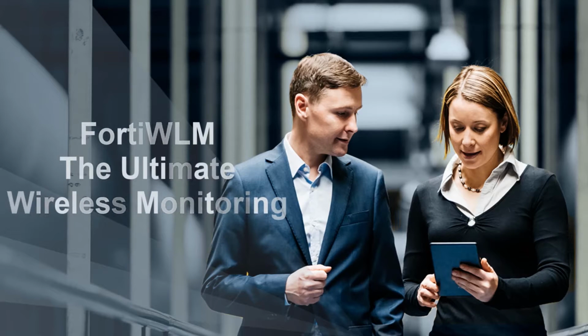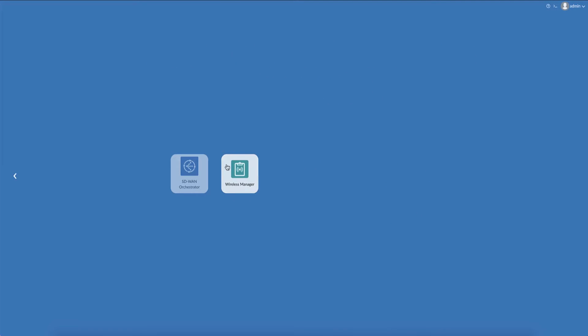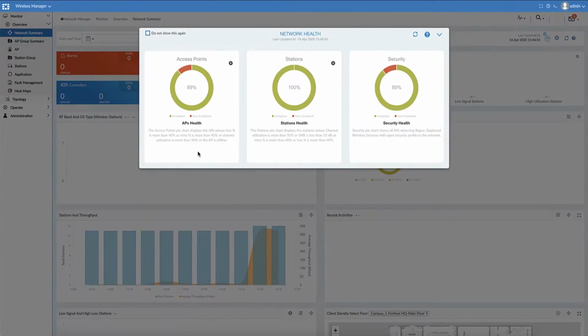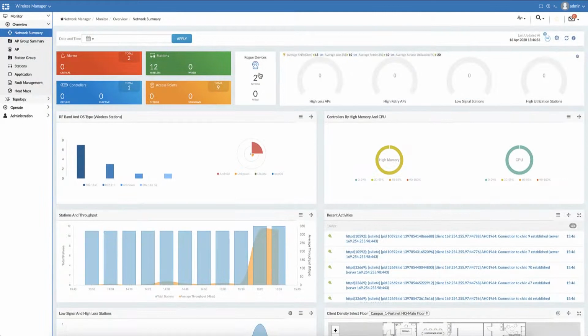Wireless being an essential piece of the security fabric, we didn't stop there. With the power of FortiManager, 6.4 is introducing FortiWLM, a dedicated Wireless LAN Management platform, as a FortiManager Docker. You can then have a central view of all your managed devices and APs.